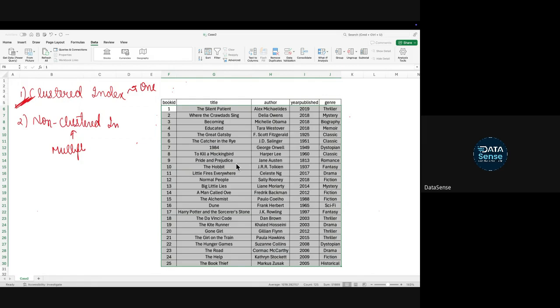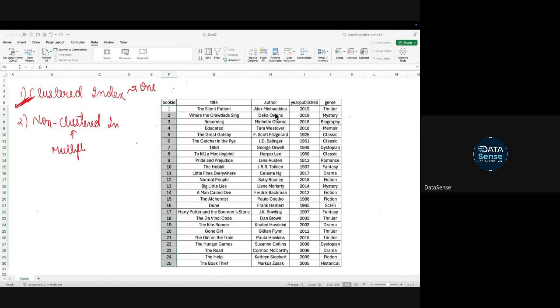Remember, what does clustered index do? It changes the original data and sorts based on the given column on which you have created the index. So my statement is that there can only be one clustered index in a table. Yes or no? Tell me with reason. Yeah, there can be only one, but why? How do you know? Because for sorted data, what's the need for another sorting? Yeah, correct.